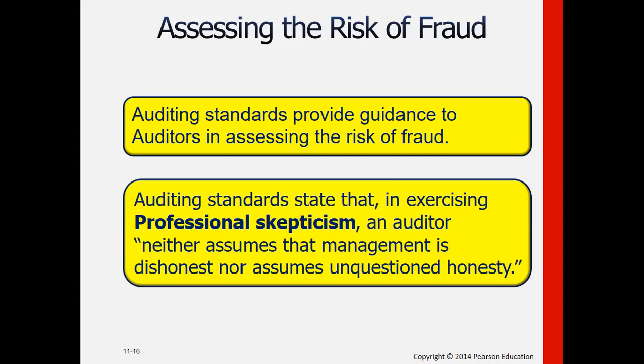Now, there is a mention here in the auditing standards of professional skepticism, which is the concept that states an auditor neither assumes that management is dishonest nor assumes unquestioned honesty. Meaning to say, we are not going to be very positive or very negative. Very positive means unquestionable honesty, clear white, and being negative means dishonest. So we will not assume. We should be in between. We should have a critical mindset, and critical thinking should be exercised